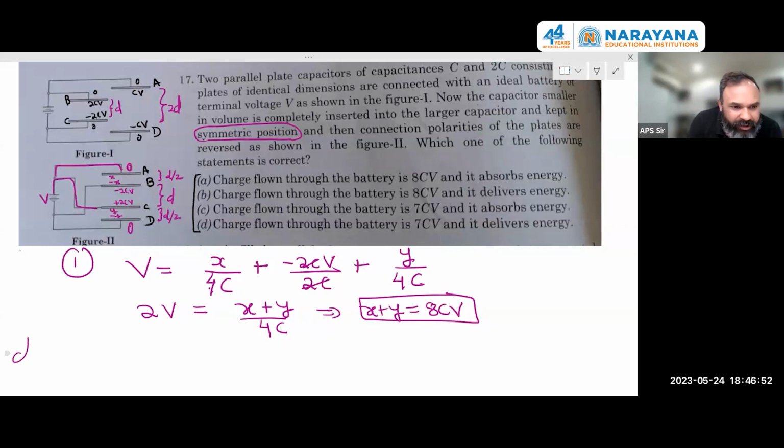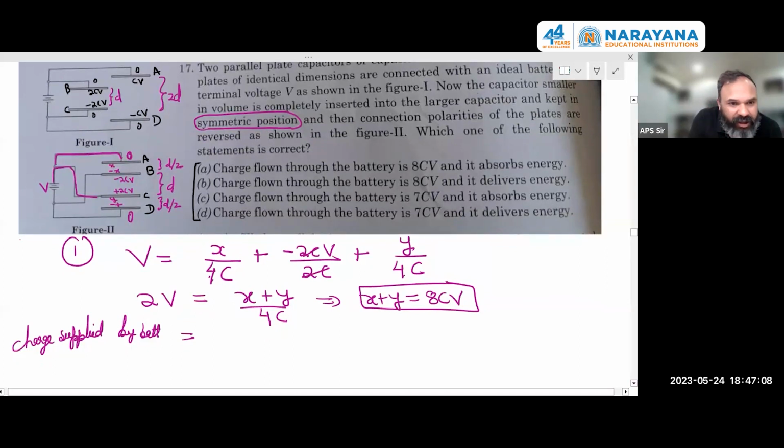So the charge supplied by the battery should be equal to the change in the charges of these two plates. So C and A have a final total charge of 2CV plus Y plus X, the total on all the surfaces of C and A, minus